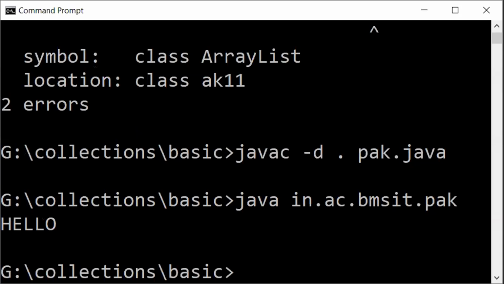Now this class pack that you have written has become part of this package. And where is your package present? Your package is present under your current working directory.